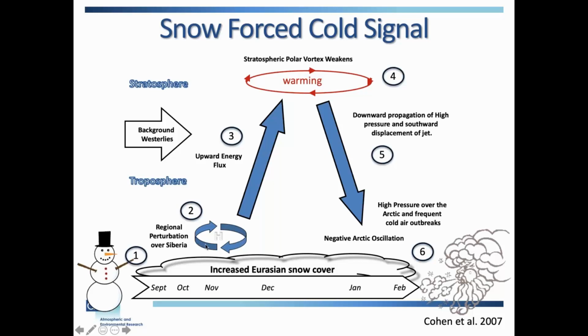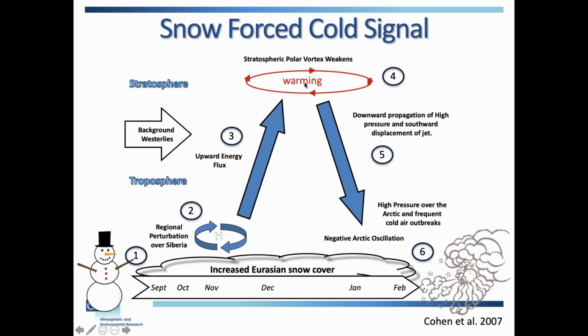The second step is, so let's say that I'm going to talk about when you have high snow cover and forces a cold signal across the northern hemisphere. You have the rapid advance of snow cover. This leads to colder conditions across Siberia. You have an earlier and more strengthened development of the Siberian high. So it starts out as kind of a regional perturbation, but that then triggers or sets off this vertical energy transfer, and you have transfer of energy from the troposphere into the stratosphere.